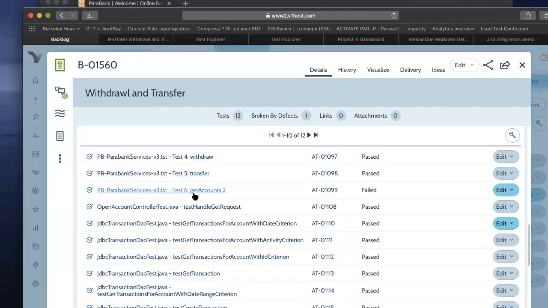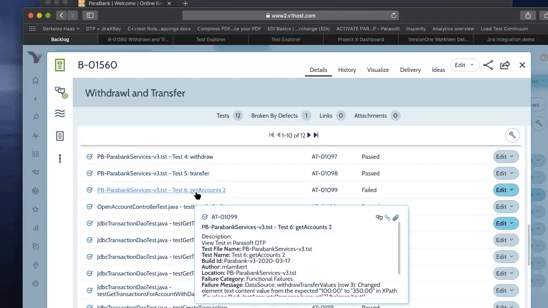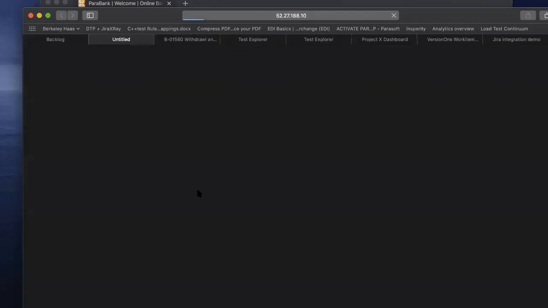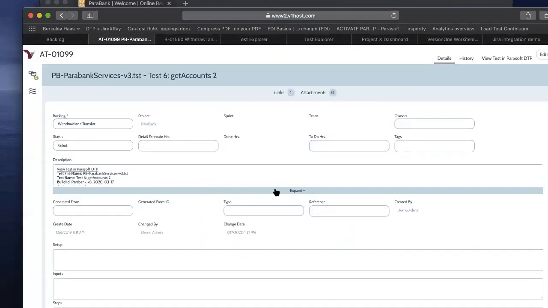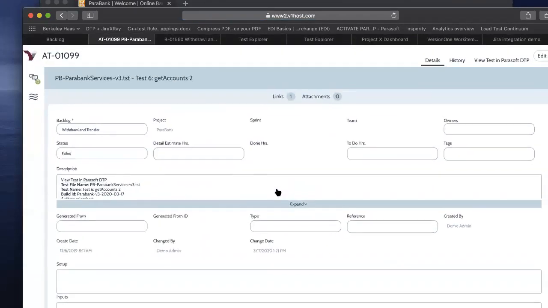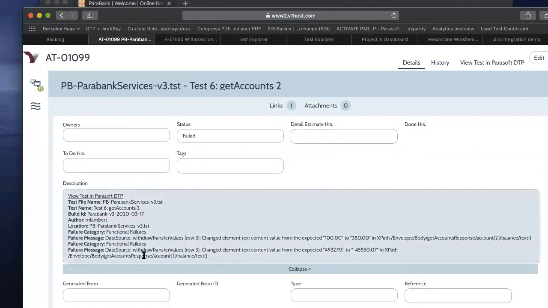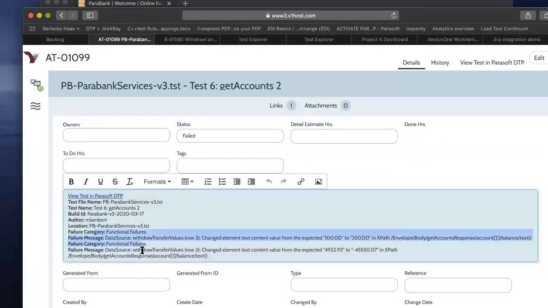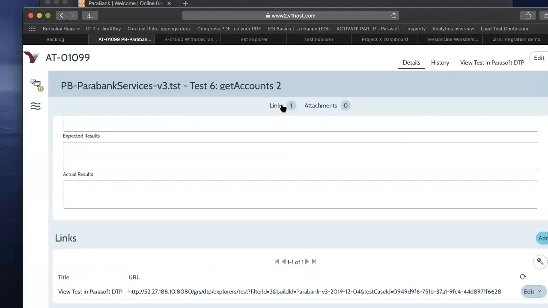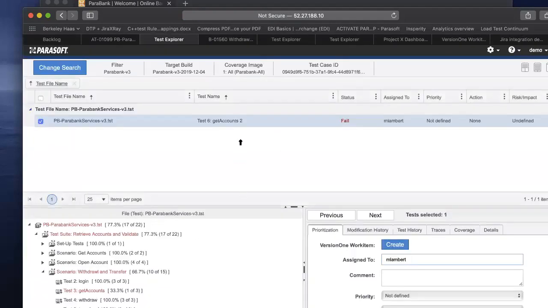So what I'm going to do now is look at a functional test from Parasoft SOAtest. Again, I have the same information. Let's bring that back so we can read it. I have the detailed information around the test. Now, this is a failure, so I have the failure message. And then I can link back to the Parasoft reporting and analytics dashboard to see the details associated